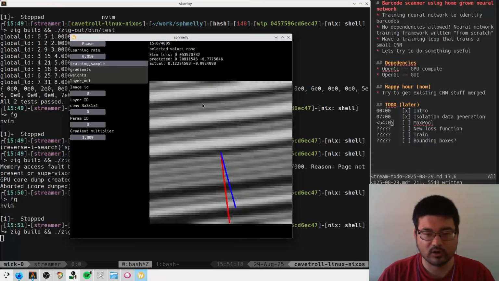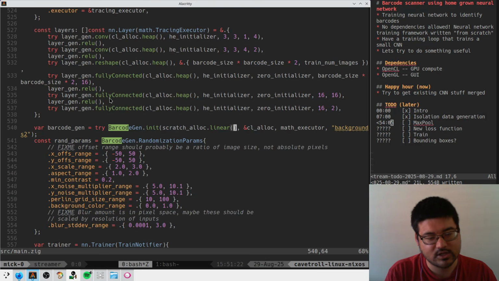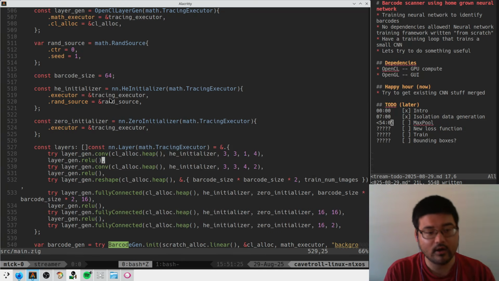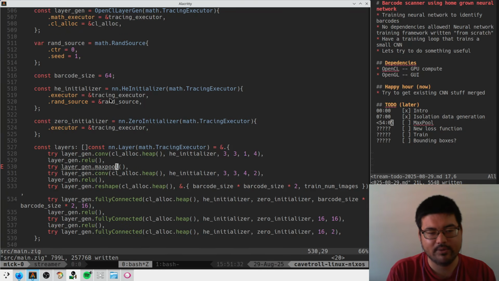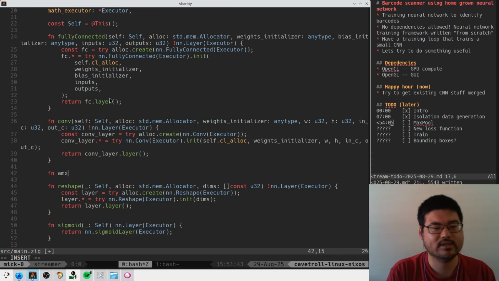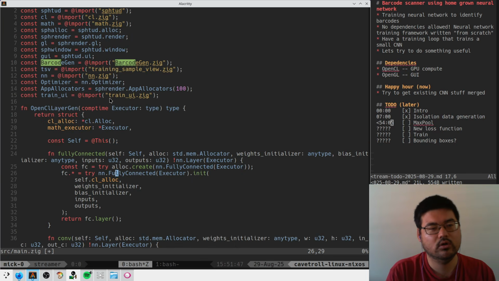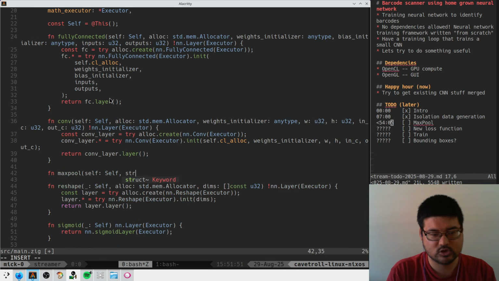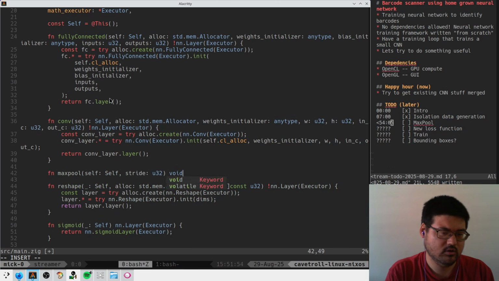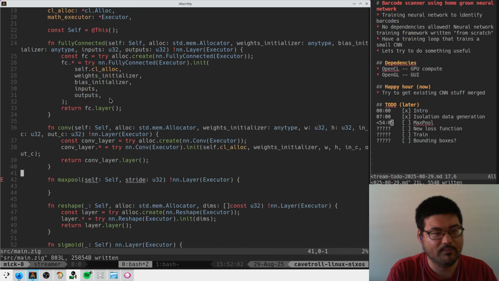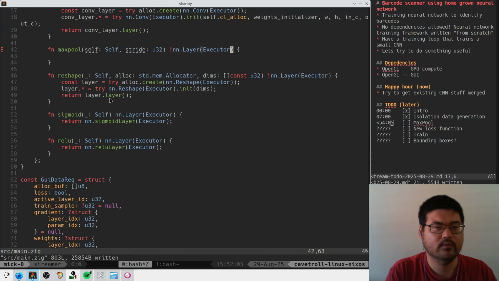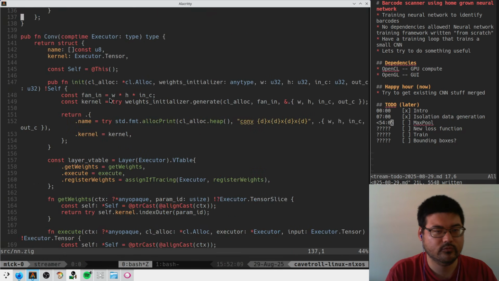Okay, cool. So this is still working. And what I want to know now is if I just put a max pool layer here, what happens? So we need to make that do something. Max pool. And I guess we were taking in stride here as our parameter, and that's probably it. And this is going to make us a neural network layer, I guess. So we need a max pool layer somewhere. So we should be able to do,